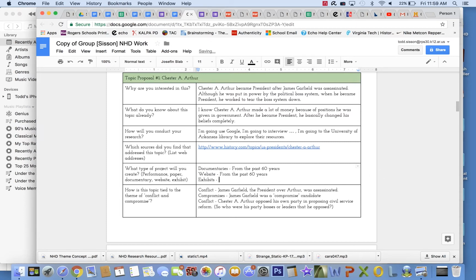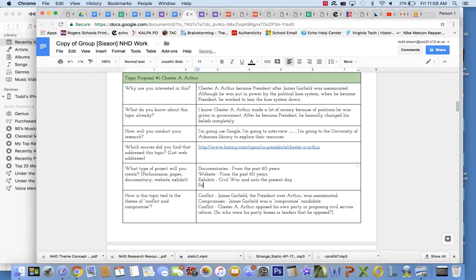That's exhibits. I'm going to say website. Exhibits, you need a lot of color pictures, not paintings, pictures. So this you need to have probably Civil War and on to the present day. If you get before the Civil War, it's hard to find any photographs. There's just a few. And so you want to make sure that you're in a spot where you can have pictures there. Everything else can really be at any other point in U.S. history. Performances, paper, any point in U.S. history, because you don't need that multimedia as much.